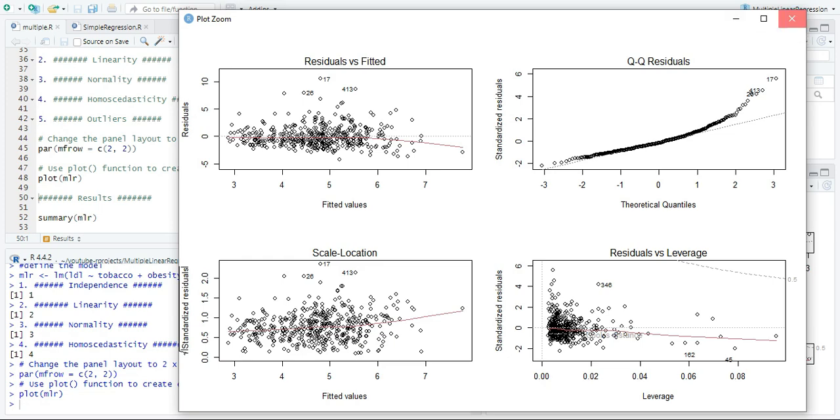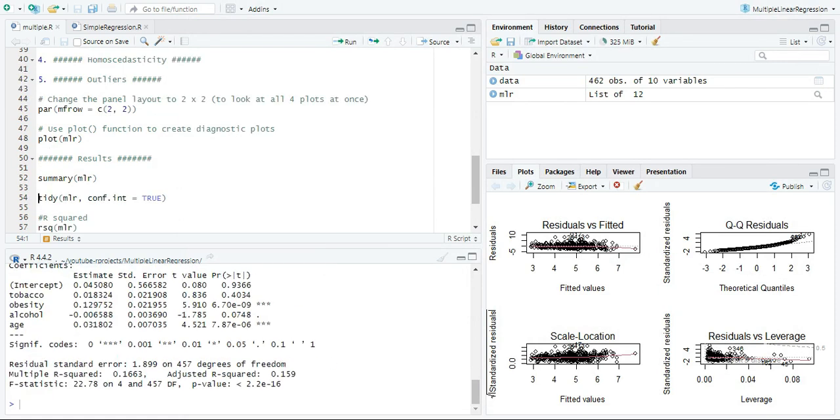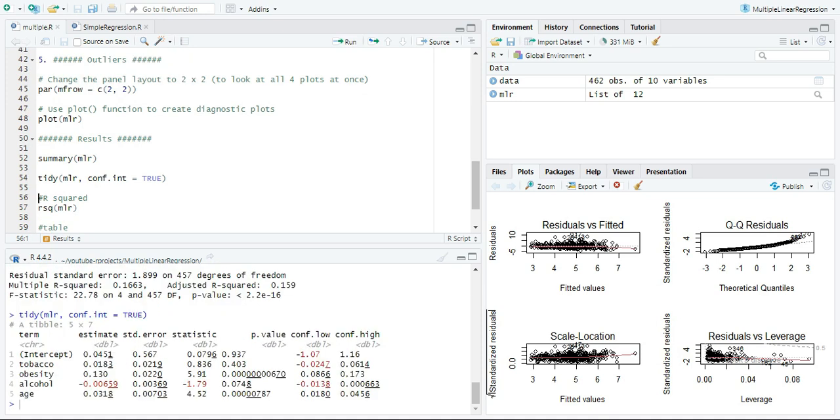So anyway, now we're good to go and see the summary of our model and interpret the results. To get a summary of the model, simply use the summary function. And yeah, you see the output here in the console window. We have got the coefficients, p-values, test statistic, r-squared, and adjusted r-squared. But I think it would be nicer if we could tidy them up a little bit more. So we use the tidy function